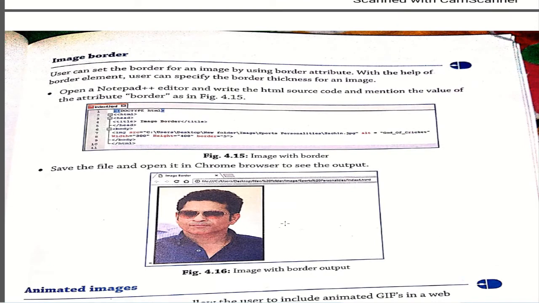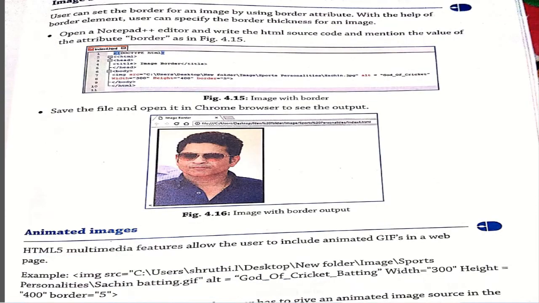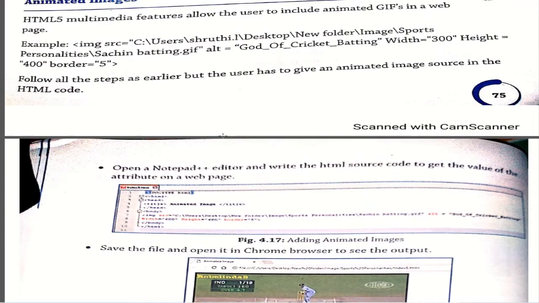If you want your image to have a border, how can you insert the border? Just click on border. See here, I have inserted the width, height, and after that I have written border. I can write 5, which is the width of the border. If I write 1, it will be less thick, a thin border will be displayed. If I increase the border size, I would have a thick border, so you can add the border as well.